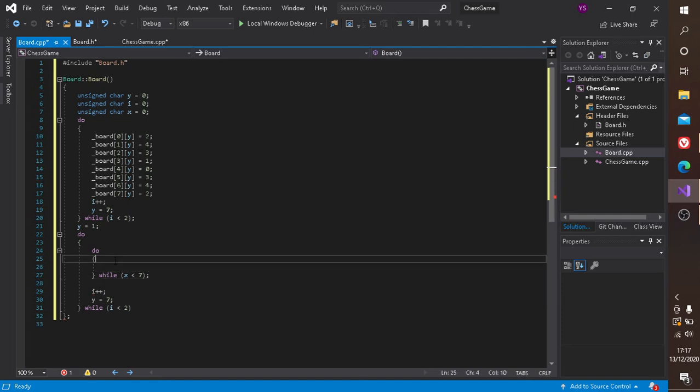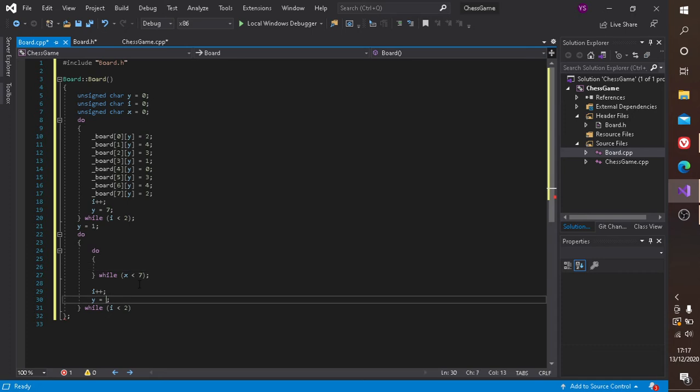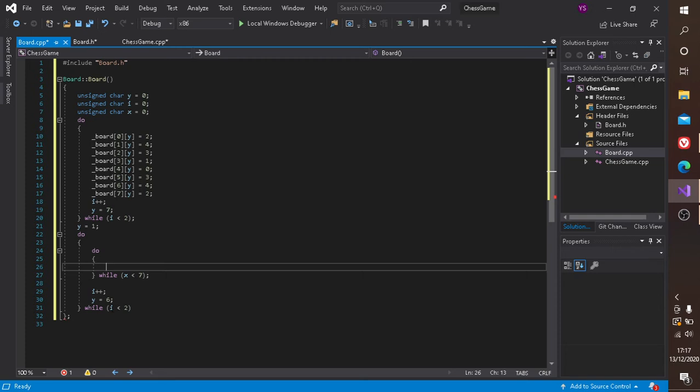Make a space and then y equals 6 there. That's because the pawns are 1 away from 7. They're in front of the black back rank, so that makes it 6. So then